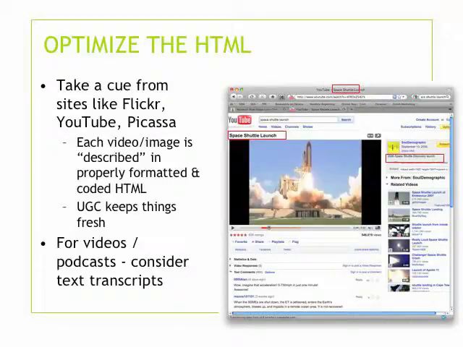I like to look at other big sites like YouTube, etc., to see basically how they do it, and you can kind of see some of the same things here. So for the term space shuttle launch, which was actually that very first screenshot at the top of the presentation, this video came up in search results, so I took a look at what they did. The person who uploaded this video titled the video Space Shuttle Launch, and the description had the words Space Shuttle Launch in it. The headline on the page was coded for Space Shuttle Launch,